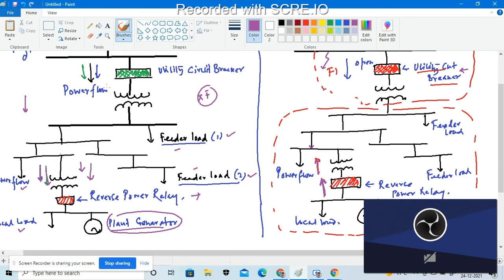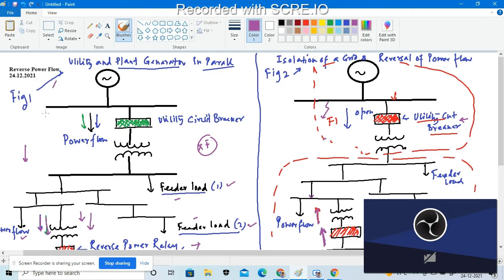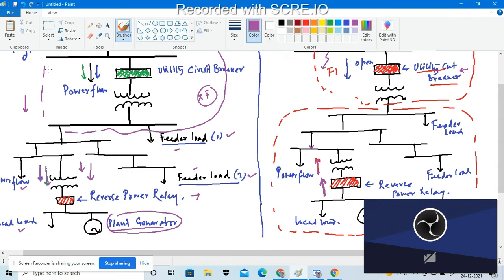The remaining system means we have a system that is connected on this side also, right? So this is actually the function of a reverse power relay. Due to the presence of the reverse power relay, the flow of power can be reversed, either from the plant generating site to the utility site, or from the utility site to the plant generating site, right? So the approach will be very useful to detect the loss of a grid supply.